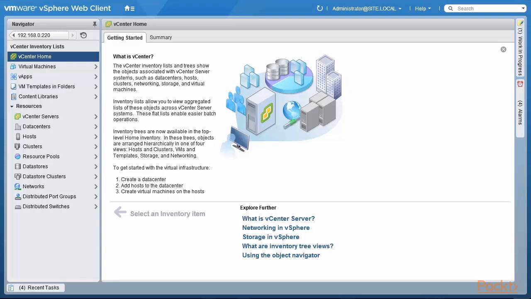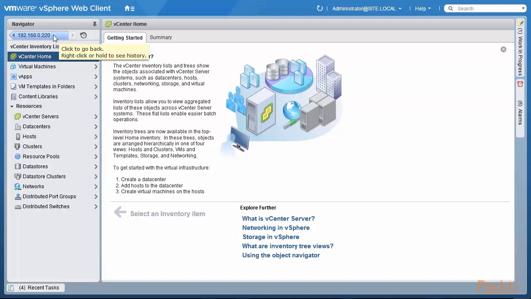As you can see, I'm now logged in to my VMware vSphere web client. I'm on my vCenter server 192.168.0.220, which is my home vCenter, or if you're thinking in terms of companies, this would be the headquarters vCenter. What I want to do is to take you through the infrastructure that we have set up for our replication labs. So I would like you to think in terms of headquarters or the home office where I'm running vCenter